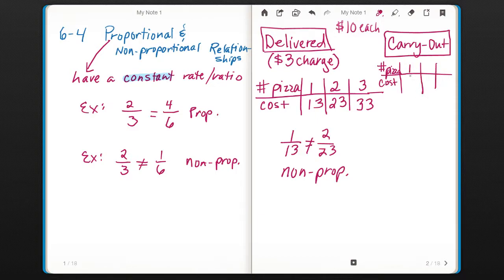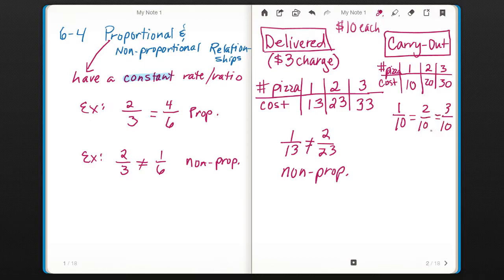And so if we get 1 pizza, what's the charge for that pizza? $10. If we buy 2 pizzas, it's going to be 20. 3 pizzas, 30. Okay, so what do you think? If we do carry out, is that proportional or non-proportional? Proportional. It's proportional, right? Because if we compare the pizzas to the cost, they're all going to equal and reduce